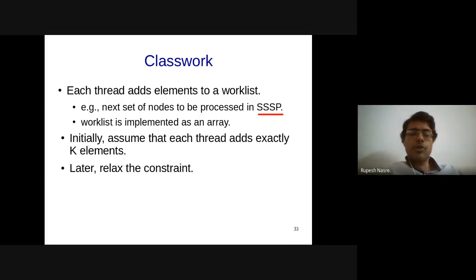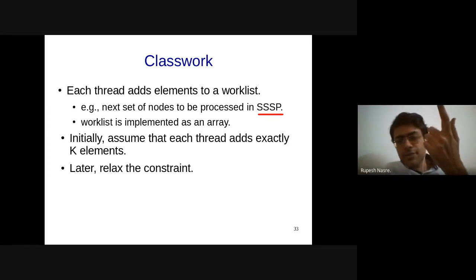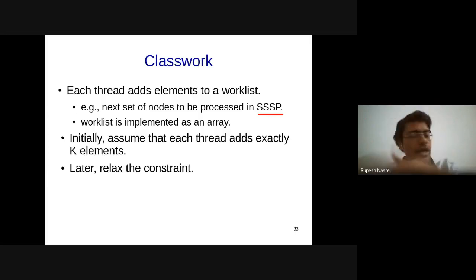Right? So counter equal to counter plus k can be nicely implemented, as Bharat is saying, using atomic add. So I can have atomic add of ampersand counter comma k, and that is going to give me that the counter is going to get incremented by the value k, and it is going to return the old value of counter. So the first thread, whichever that is, maybe thread number 59, is going to get the value 0, which is the old value of counter. Some other thread is going to get k, then 2k, and so on.